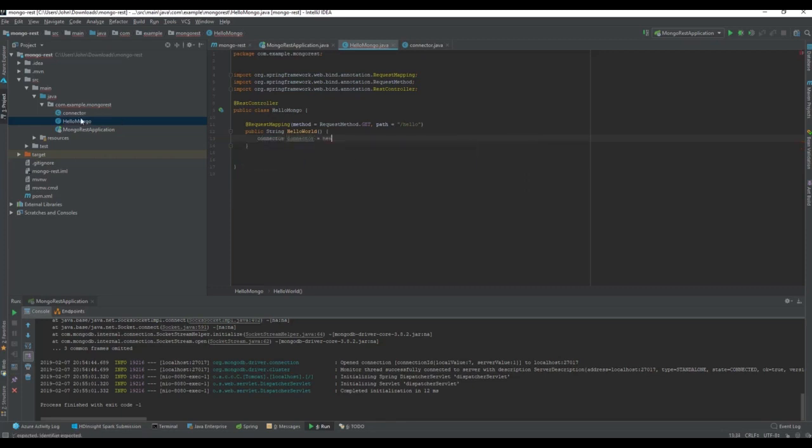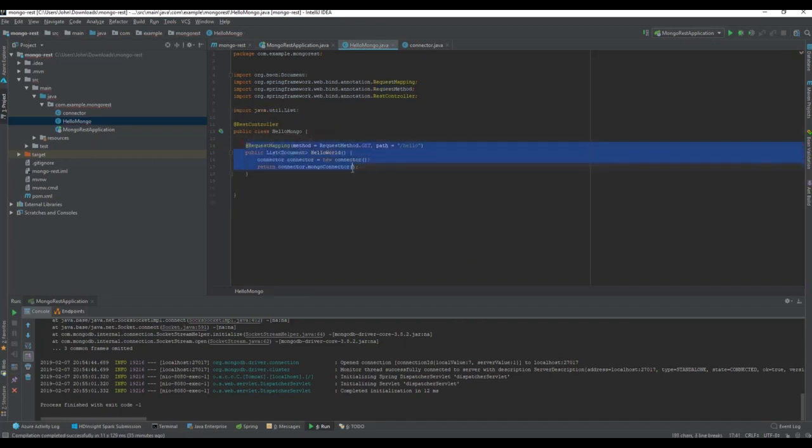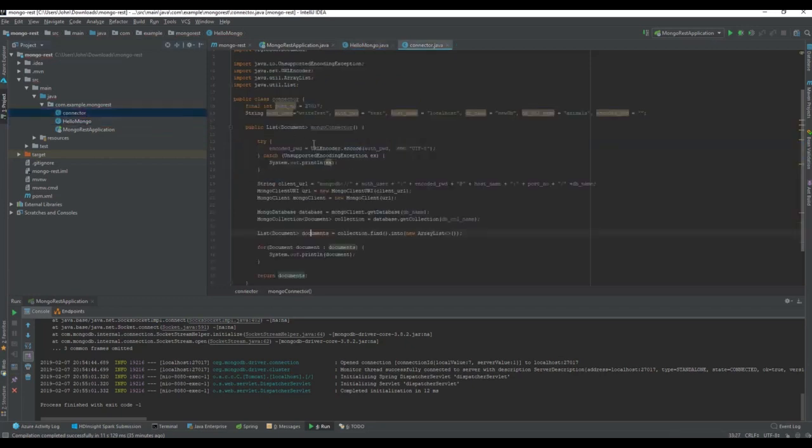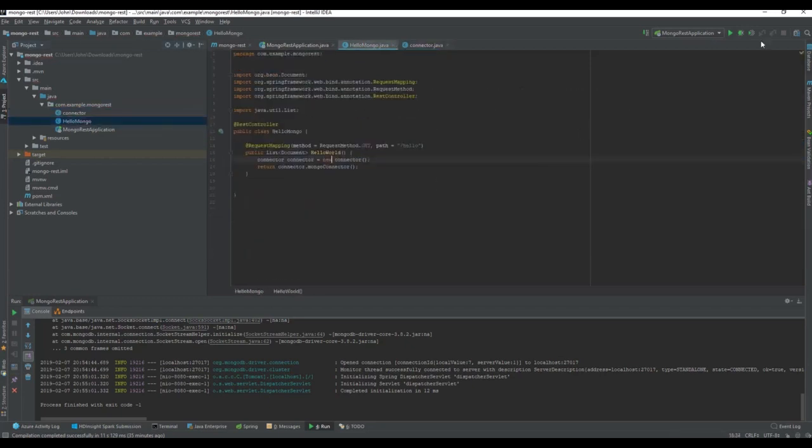And this is a clear error. You should always write classes with a capital letter, because then you can see the difference between these two, and you don't know that this is a class and not a variable. So remember to do that. I will not change it just for this small example, but remember to do it when you're developing your own. And then connector dot Mongo connector, and then we'll simply make a return statement on this one, and then instead of the string we are returning a list of documents. So with this in the hello world method and this in the connector class, we are now able to run